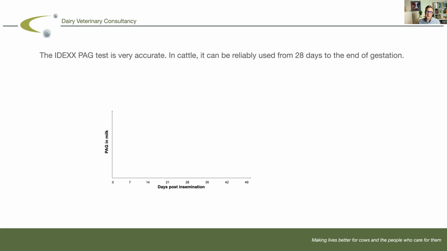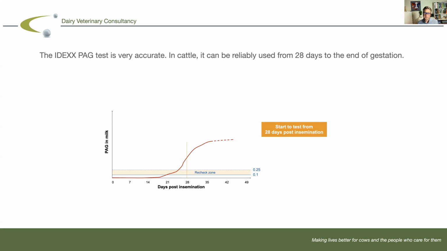This graph is showing how the PAG levels increase in milk at different stages post-insemination. So you can see that they start to rise from that point of implantation, day 16, day 17, but only appreciably once the embryo reaches day 25 to 26, that kind of time point. But the test has been validated to be used from day 28. So that's when we need to start testing, day 28